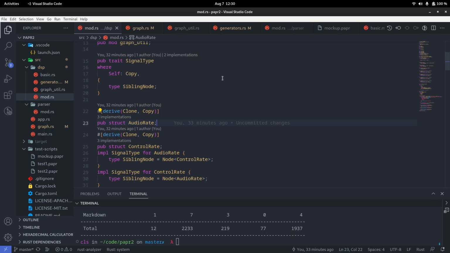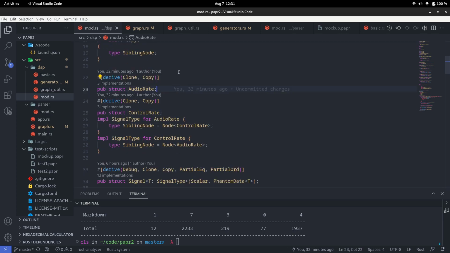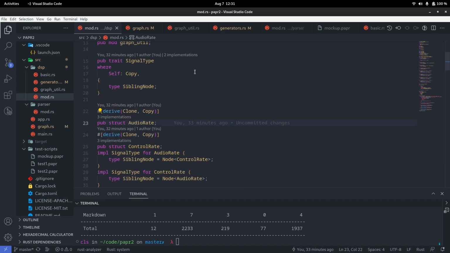A common one is 44,100 times a second, 44,100 hertz. I've actually been testing this at around 48,000 hertz. So that's how fast these audio rate signals are updating, very, very quickly. Otherwise you won't be able to hear anything, and it needs to move the speaker fast enough to generate sound signals